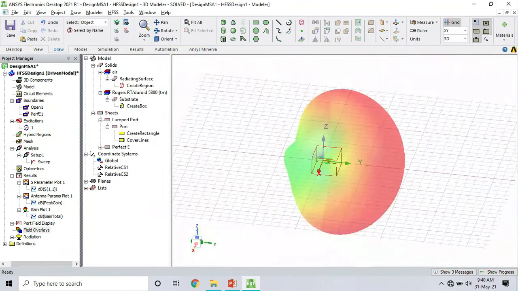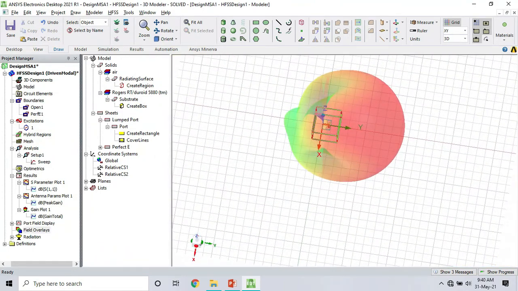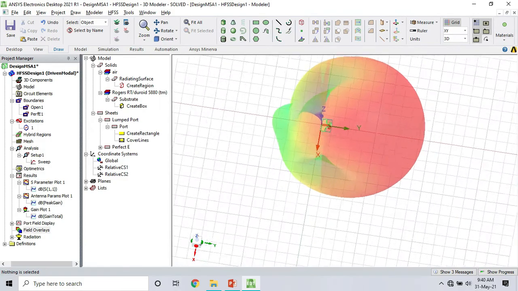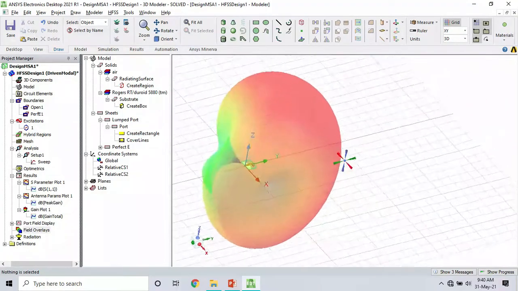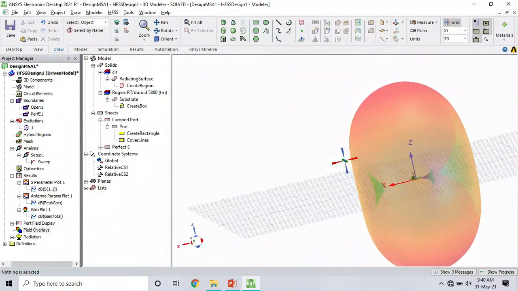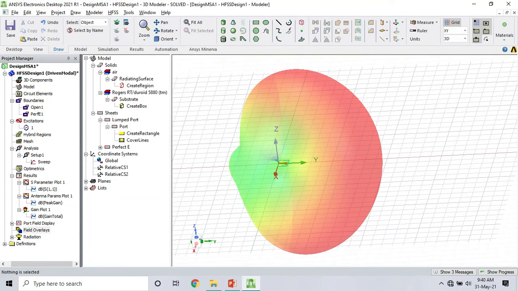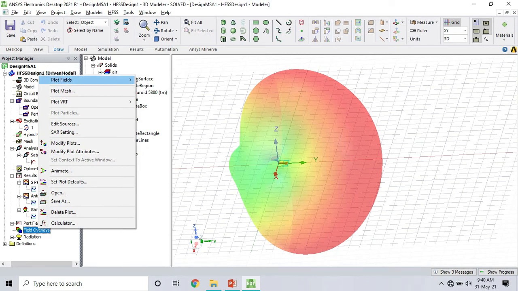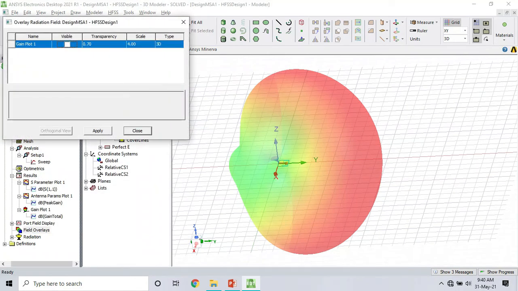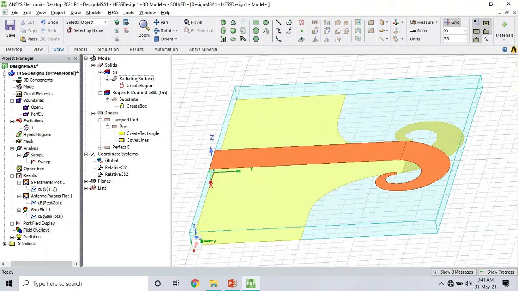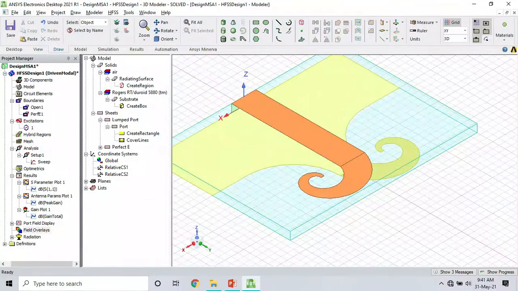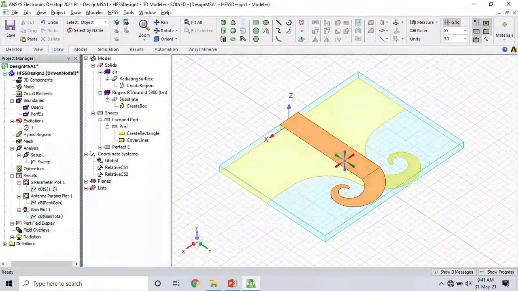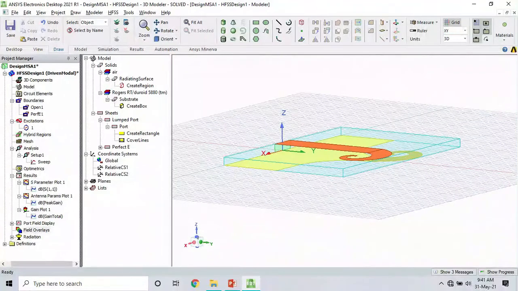Yeah, press Ctrl D. Now we see radiation box, we can hide it. Click on it, this button. Here we see the antenna is radiating mostly from the top side here. Similarly, you can plot other things like electric field, currents, and all things. I'll quickly hide this field here. Visible, apply, close, press Ctrl D, and here we have it. And we can also have different views, isometric view. Okay, zoom out of it, and it looks fine. So yeah, our design is done.